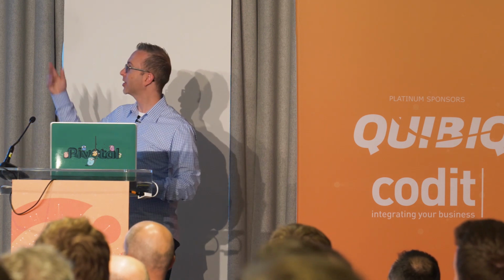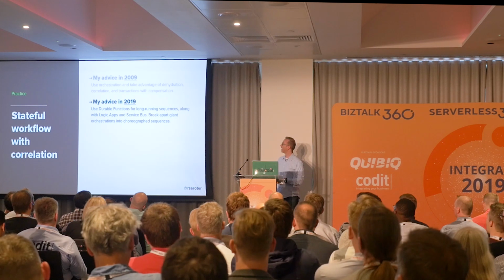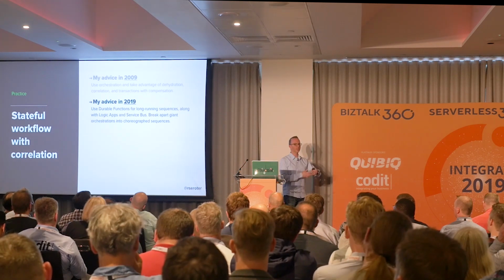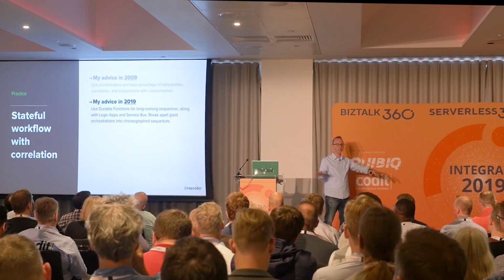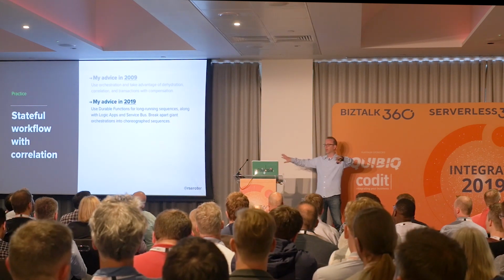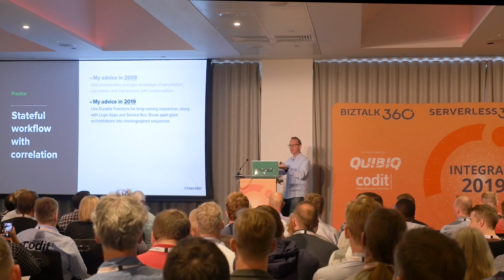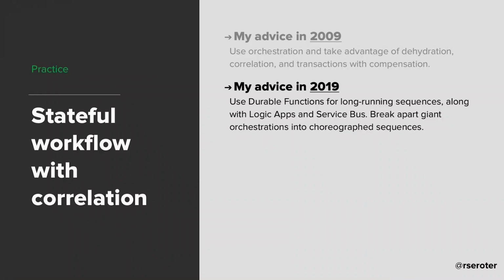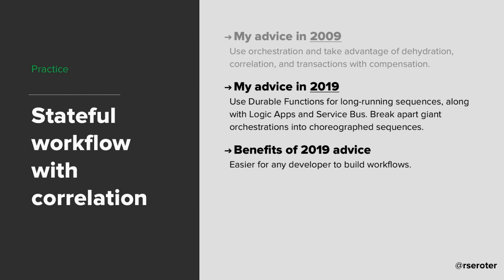In 2019, you're looking at things like durable functions, logic apps, service bus, and ideally you're breaking apart some of these monster orchestrations that had all these crazy decisions, and it would sleep at different points and have 9 parallel branches. Maybe that should be a choreographed set of activities that all have a shorter lifespan, right? Where I can make changes in flight. I don't have this just monolithic beast that nobody can maintain.